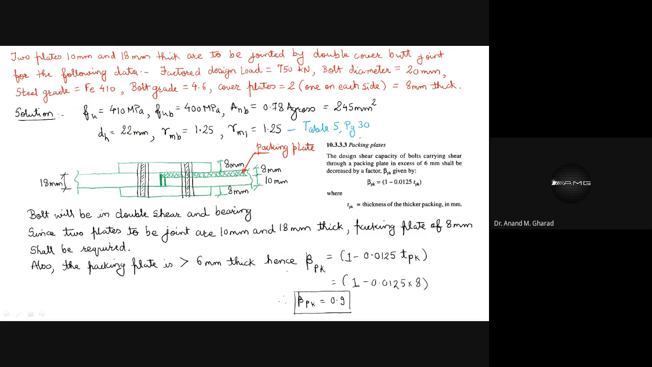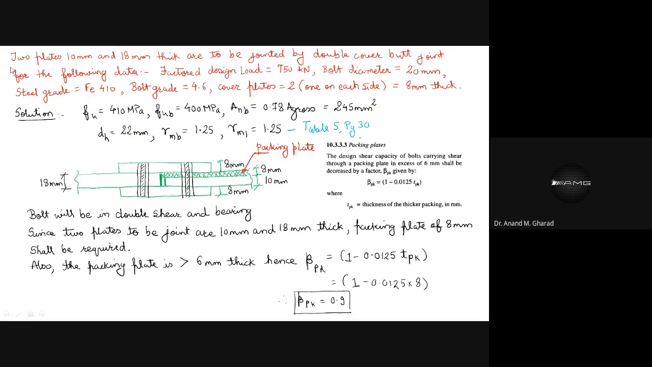It deals with the packing plate. The value of beta pk will now come into the picture, and there will be a change as far as the design strength value is considered. That value has to be multiplied, not for bearing but for shearing. You will see that the beta pk value will have to be